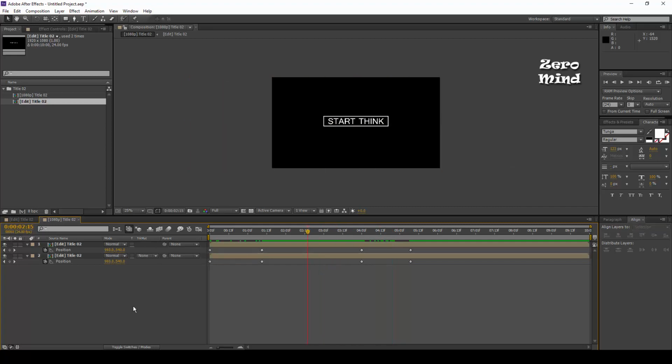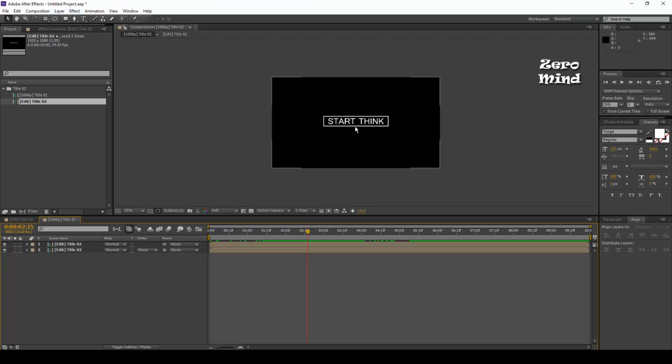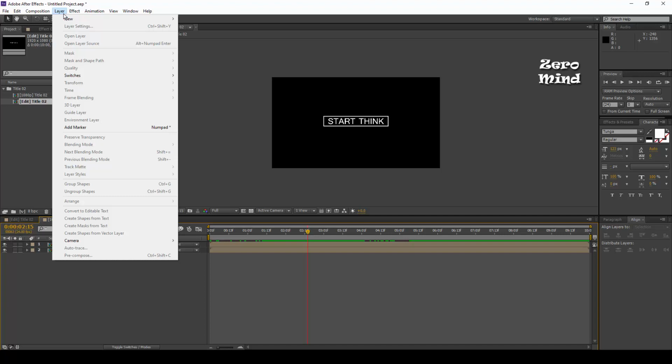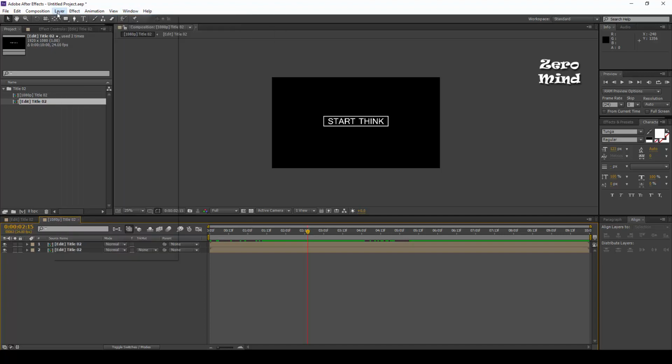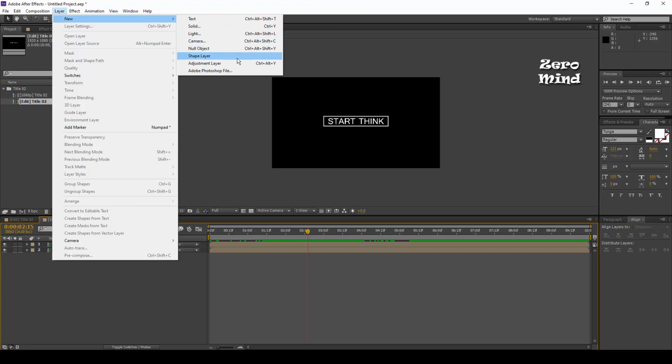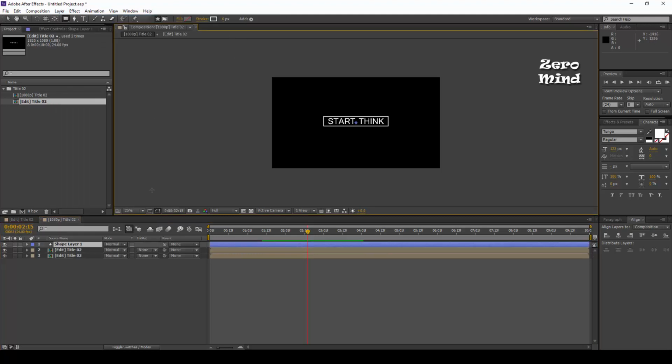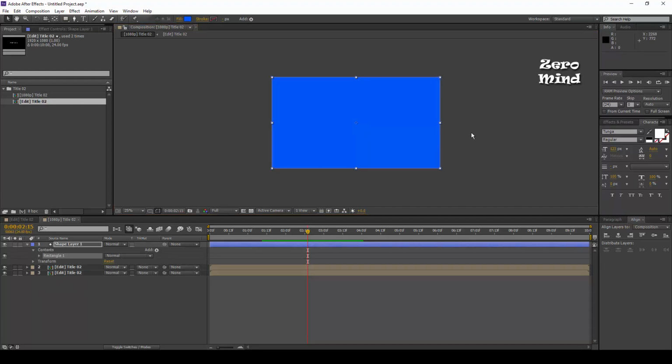After this I'll create one new shape layer for dividing my text layer. I'll import one shape layer for creating a track mat, which I already told you about in my previous video. I'll take the shape layer. This time I don't want strokes, so I'll disable my strokes and press here. Once you press here, you will have a fill color over the shape layer.